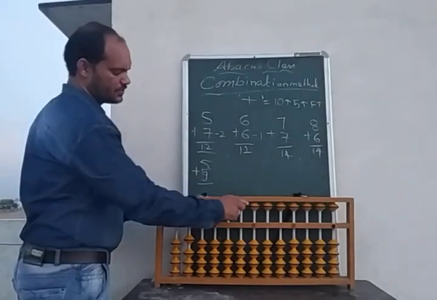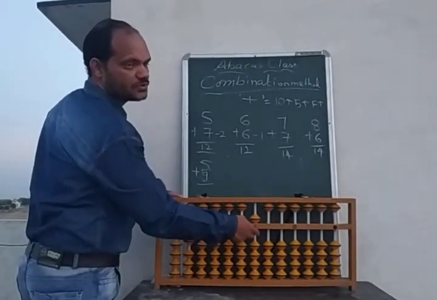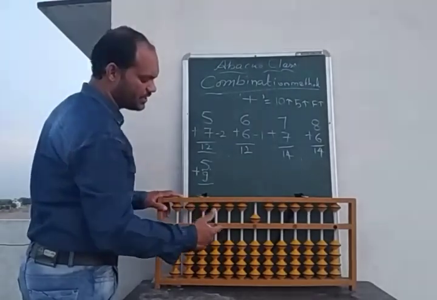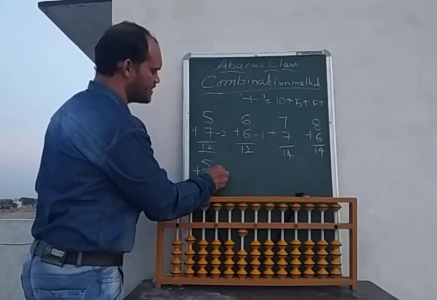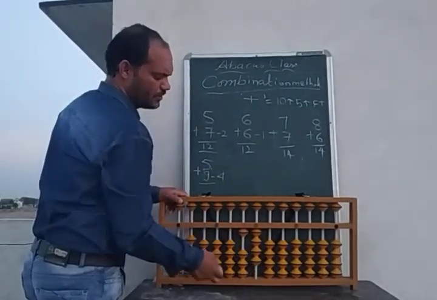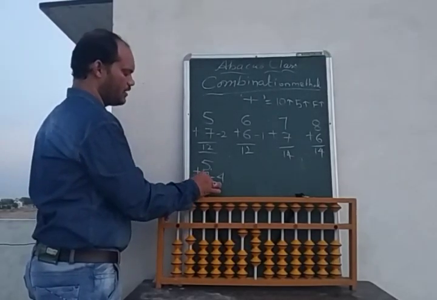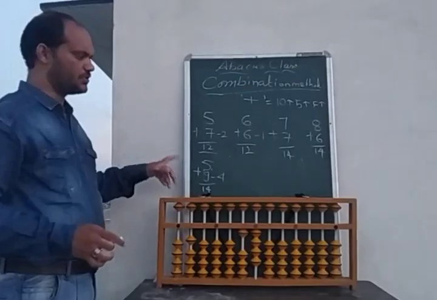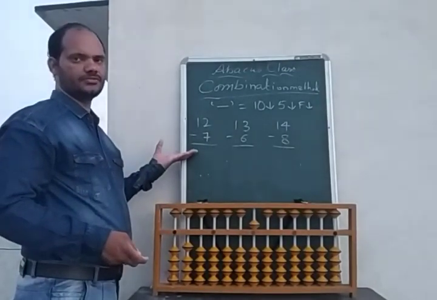One more problem we will explain. 5 plus 9. So 5 on the units rod. Now the 9th friend is 1, we can't take down, so the big friend we can't take. We will take combination. In combination we know 10 up, 5 up, and the 9th friend is 4. So 1, 2, 3, 4. On the units rod 4, and on the tens rod 1. So this is 14.